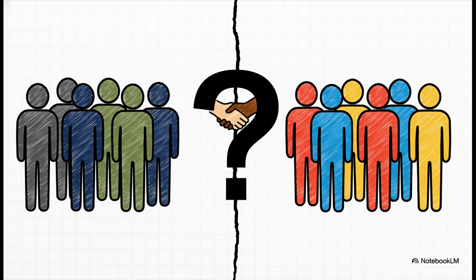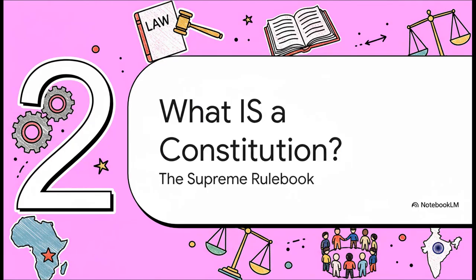Think about it. How could the people who were treated so badly for centuries, and the people who were part of that cruel system, how could they now live together peacefully, as equals? How could they ever learn to trust each other? The only answer was to create a new rulebook, a new constitution that protected everybody. And this brings us right back to our main topic. See, this story of South Africa perfectly shows us why a constitution is not just important, it's essential. It is the solid ground on which a country can build trust, give rights to its people, and create a future together, even after a terrible conflict.